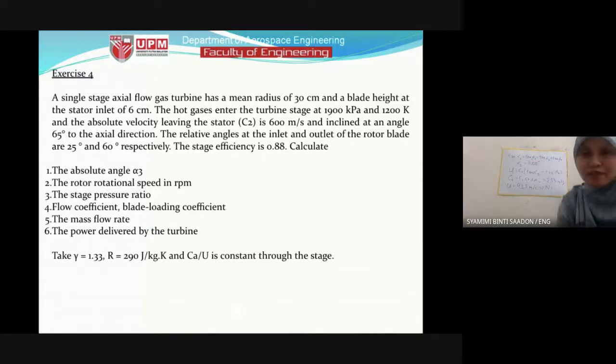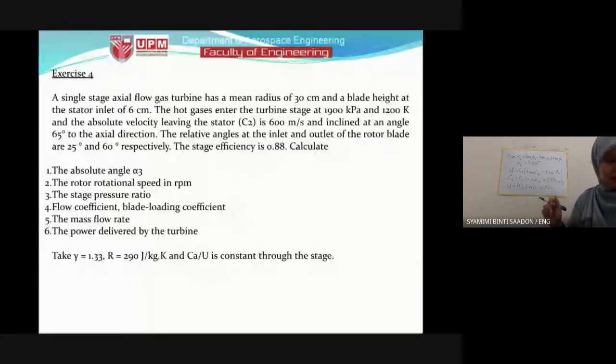The radius is given here, so you can calculate the diameter, and divide by pi, 3.142. This is in seconds, so change into minutes by multiplying with 60 seconds. So for N, you get